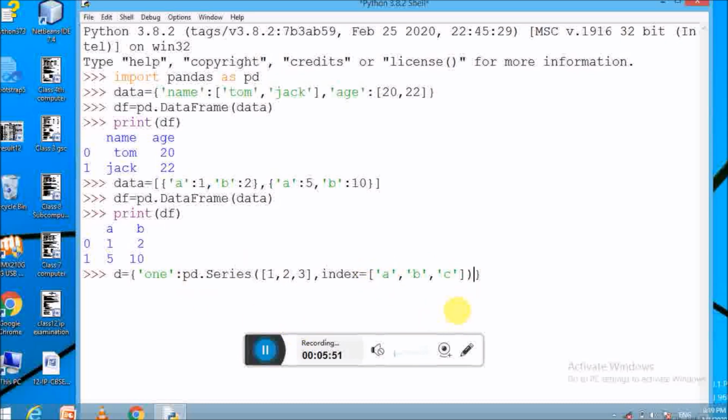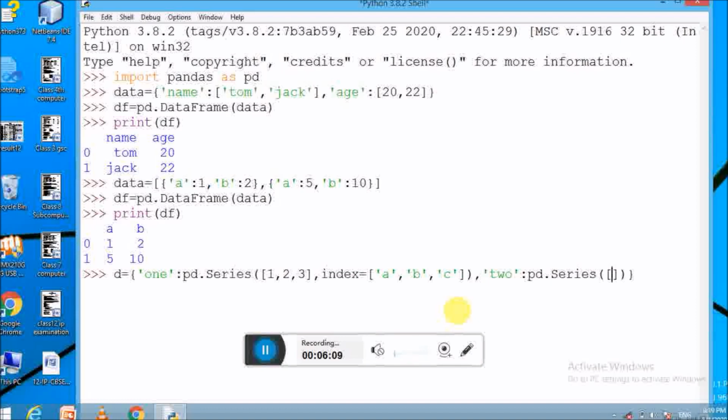Now if you want to create the second key-value pair, you have to type the same code. Here I use 2 as a key and colon and pd.Series. Inside this series we have to pass the data.